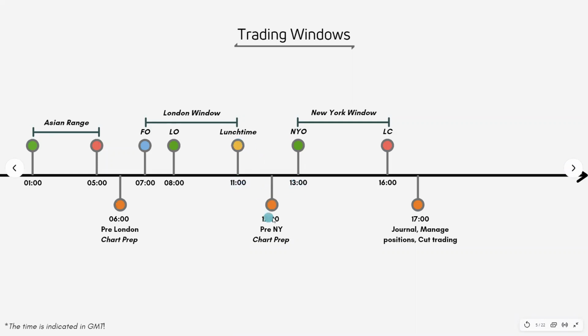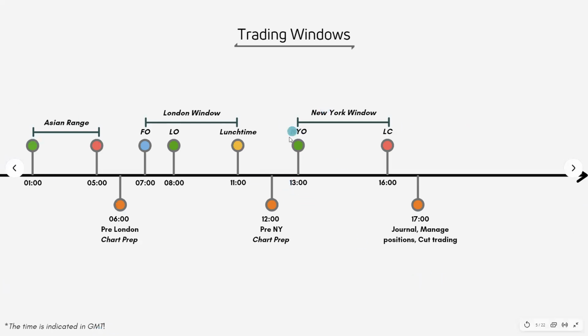So what we have right there is 12 o'clock, which is pre-New York timing, where you have to do chart prep again. You see, we have pre-London chart prep and pre-New York chart prep. So if you want to trade both times, you have to be preparing your charts at those specific times. I'm just having some questions. This 6 pre-London chart prep is, exactly, yes, the Netherlands is +1 GMT. So whatever timing you see is +1 for us.